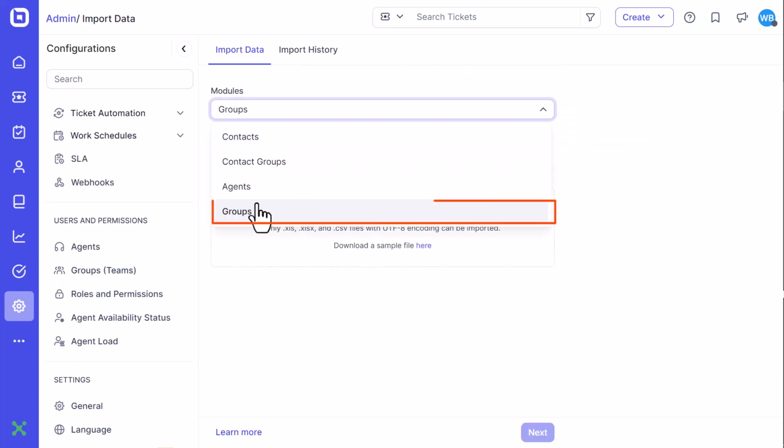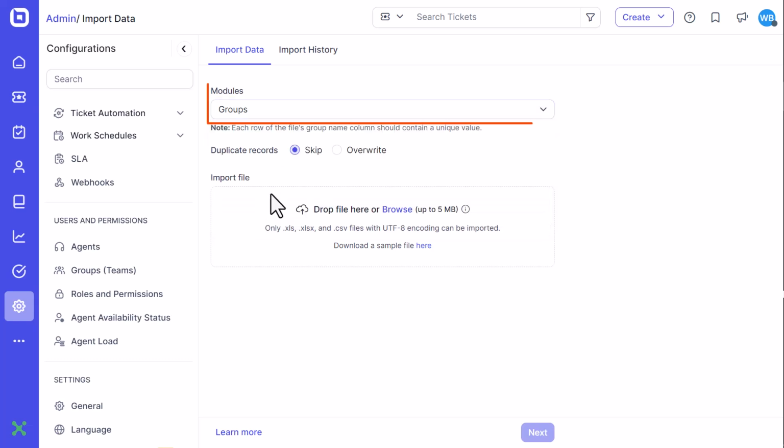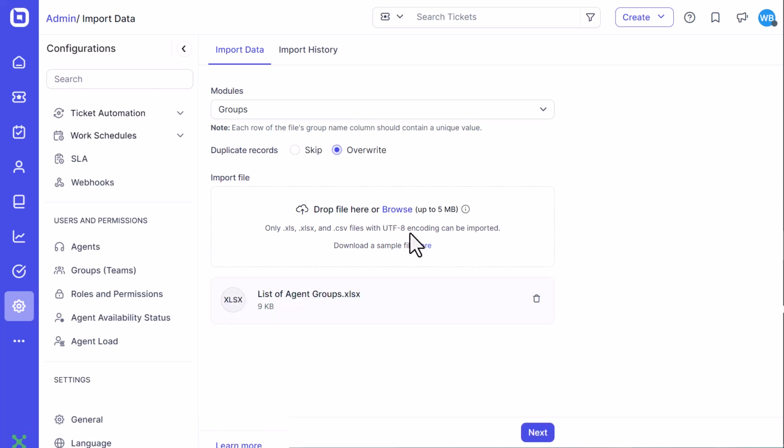Select the Groups option from the drop-down menu in the Modules section. Then, choose the preferred way to handle duplicate records. You can choose to skip or overwrite them. Next, I browse for the file. There is an option to download a sample file, which serves as a guide for identifying the columns used in